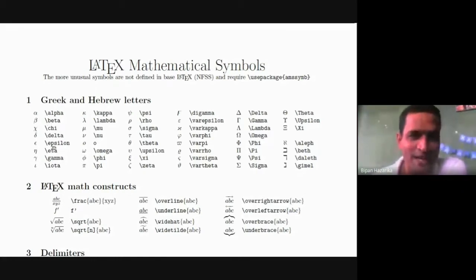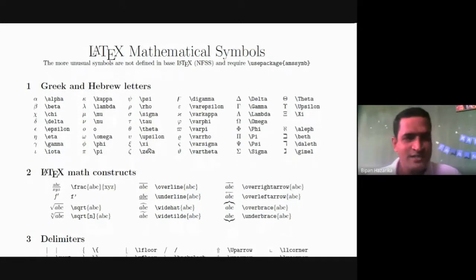Similarly, you go to lambda. These are common symbols, Greek letters, we are using. So we write small l, lambda, and you get this lambda. But if you replace small l by capital L, others the same, then you get capital lambda. Then omega is there. The o is small here, but if you put capital O here, then you get capital omega. So these are the different symbols, Greek letters, we can write in LaTeX.